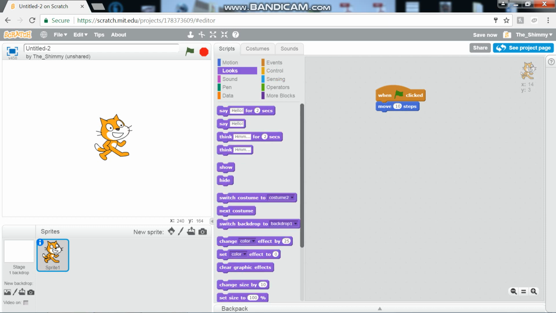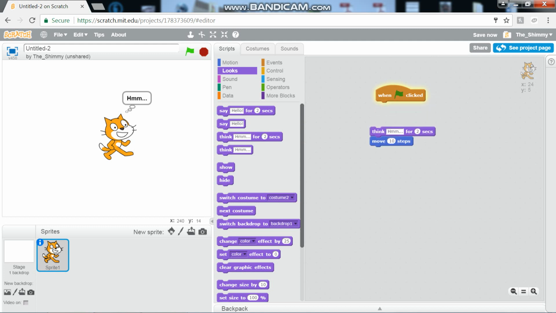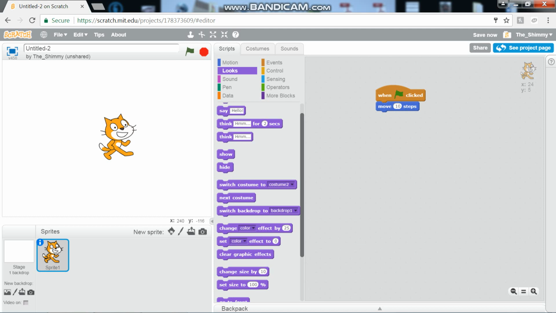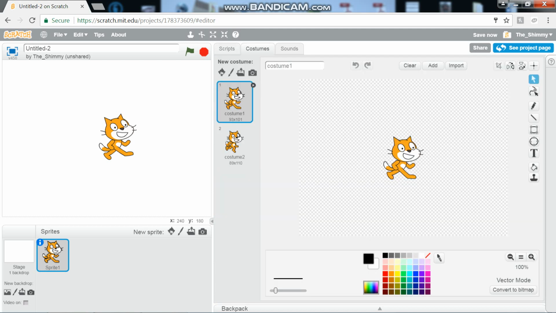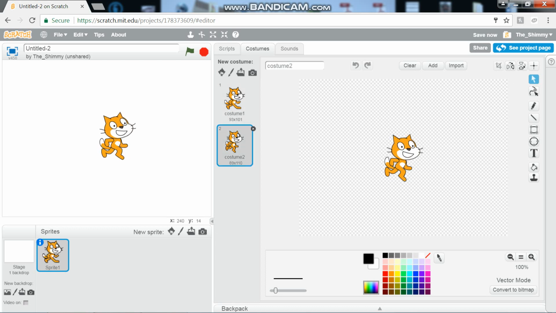Looks is everything, as actors say. So there's all sorts of special effects. You can make them say speech bubble or think thought bubble. Today we're going to be using say hello command. Actually, no. Also, there's switch costumes because you can program costumes to give the illusion of motion by changing them